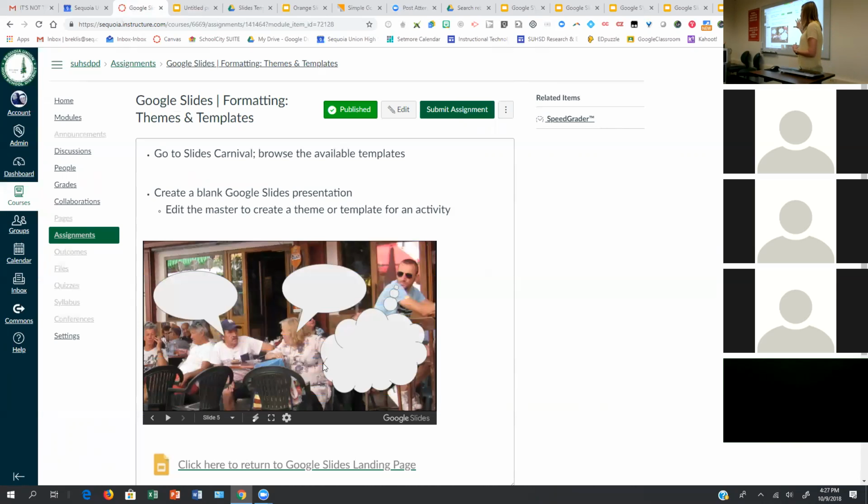In math, what I've done for something like this is I put in images of equations, and the master had categories. And so they had basically like a big, not a Venn diagram because they didn't overlap, but two big boxes, and then they had to sort. Was it in this one or this one? So that part was locked on the master, but then the images they could drag around. And so it's a way that you can create a little activity where they can move some stuff but not others. Okay? And that's all done through the master.